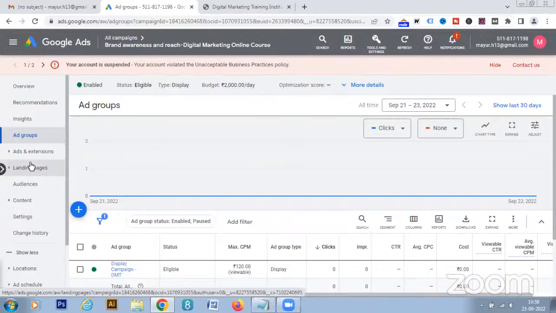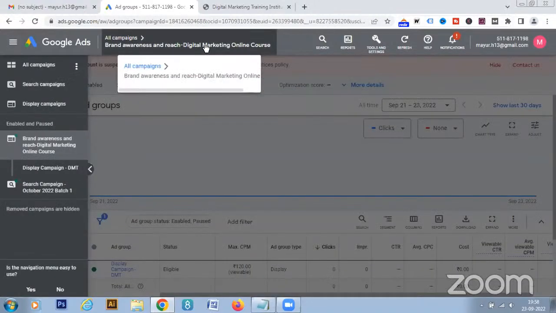So now coming to the third type of ads, that is for YouTube, that is video ads. Again, just like display ads, everything is similar. Just you are going to add